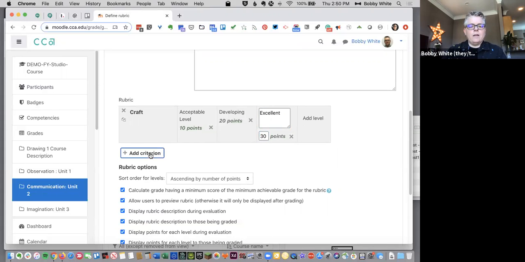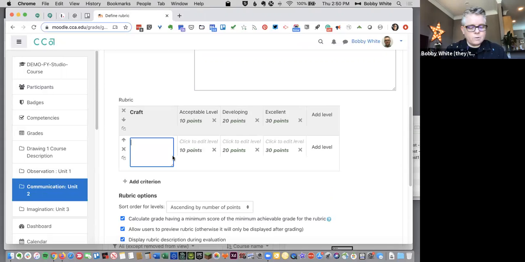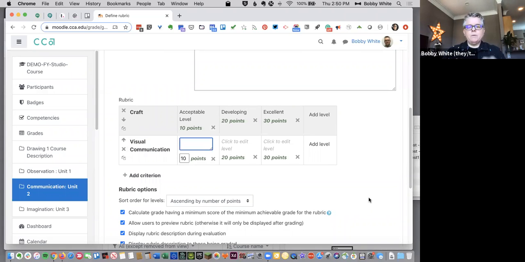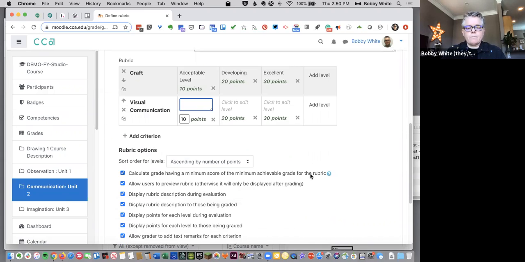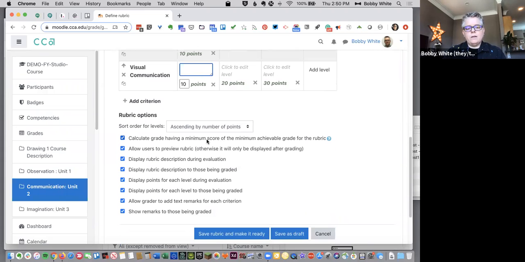Okay. And then I would add another criterion. You see how this works. So we'll call this one visual communication. And I just keep going and I build out my grid here. Okay, and then again, just read through each one of these. They're fairly